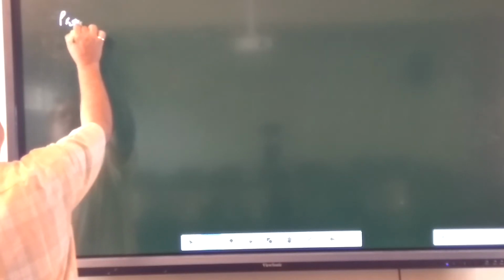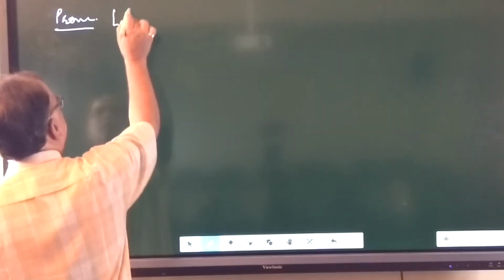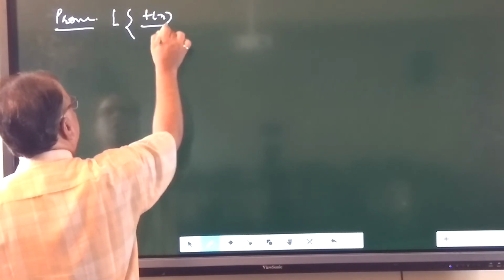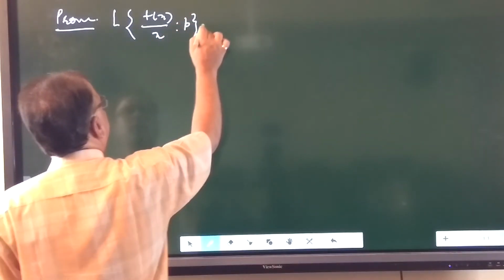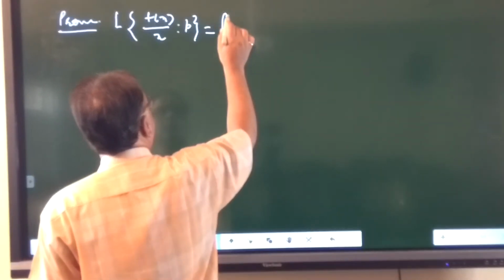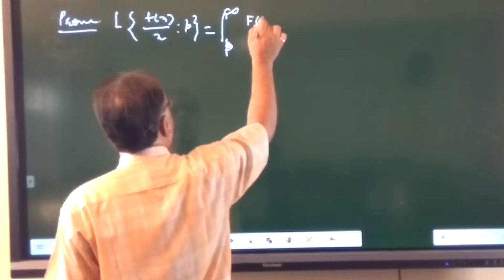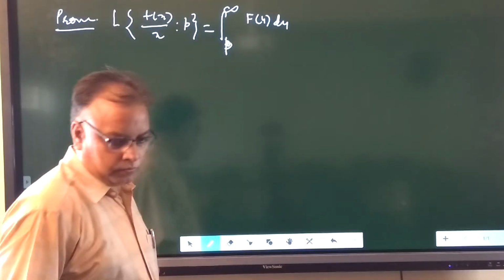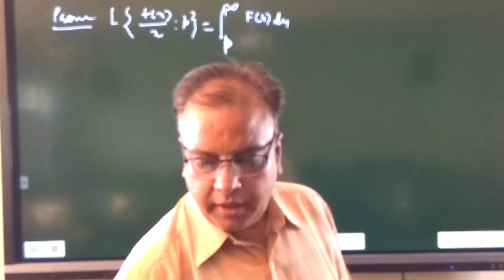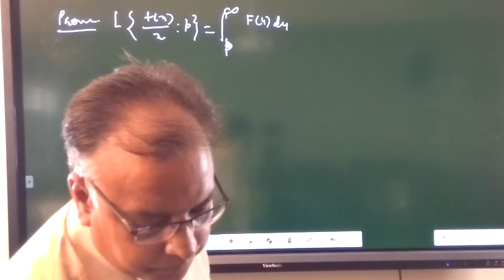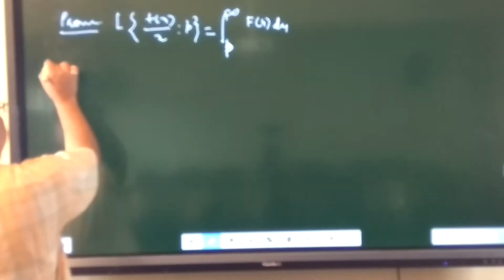Now we prove the Laplace transformation of a function with division by x. We prove that the Laplace transformation of f(x) upon x with respect to p is equal to the integral from p to infinity of F(u) du. Proof of this theorem: